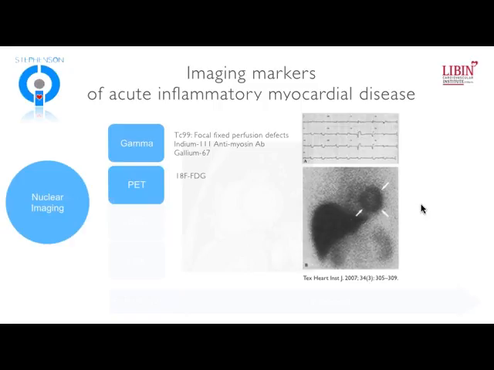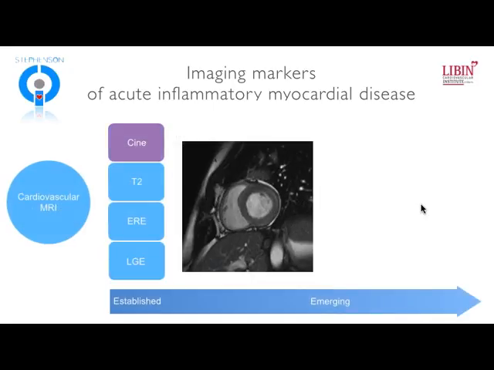But then really what evolved was trying to find something a little bit more specific to the myocardium. And so indium-labeled anti-myosin antibody imaging was tested for a period of time and had some clinical uptake within the late 90s and early 2000s. But because of lack of availability of that tracer and radiation exposure, it's really fallen off. And so really where we are today is some interest now re-emerging with PET imaging with FDG. And I'm going to come back to that a little bit later because we're going to talk about that when we talk about hybrid imaging with PET MRI.